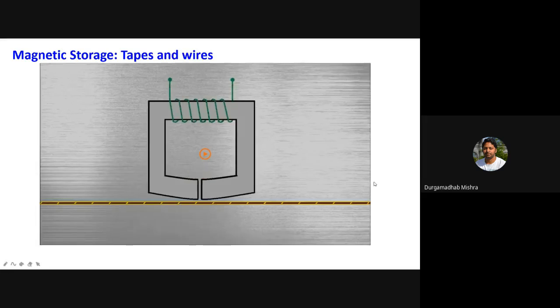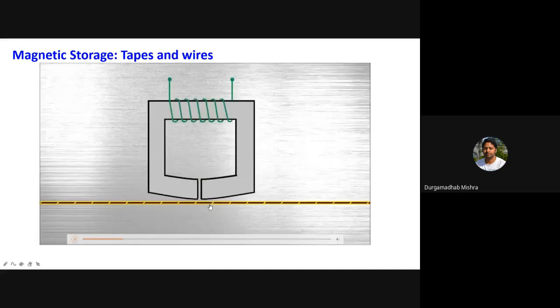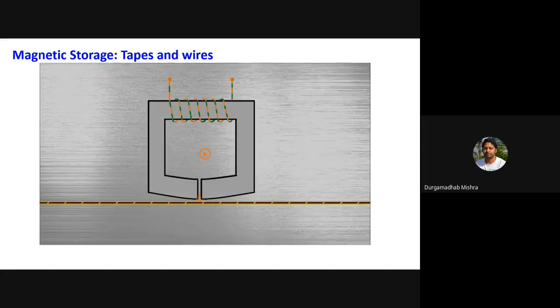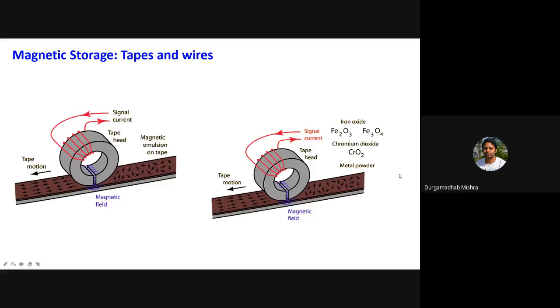And to read it, you do the same: the tape will move, but instead of applying a current in the coil, the movement of the tape induces a current due to this changing magnetic field, and that you can amplify and read. So it is a very simple technique, which was already quite well known for magnetic materials, and that was used for storing, reading and writing purposes.